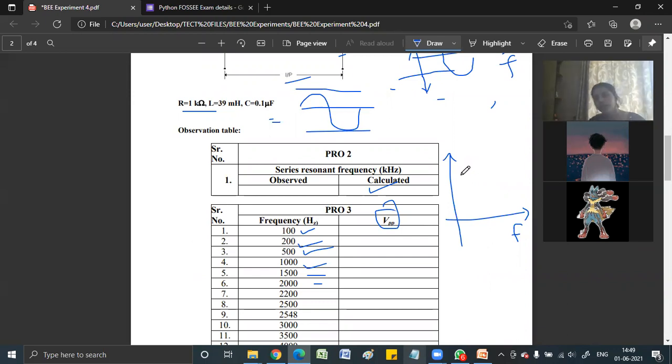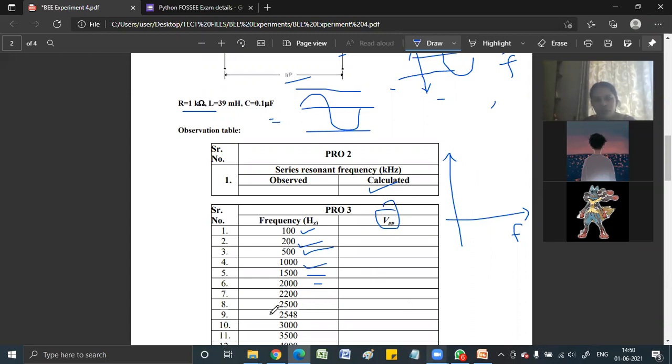Yeah. So can you tell me in kilohertz? That is in hertz. Go 3 decimal behind. 2.548 kilohertz. Yes, it is 2.548 kilohertz. Please make a note of this, everyone. The resonant frequency is 2.548 kilohertz. So how much is the value in hertz?